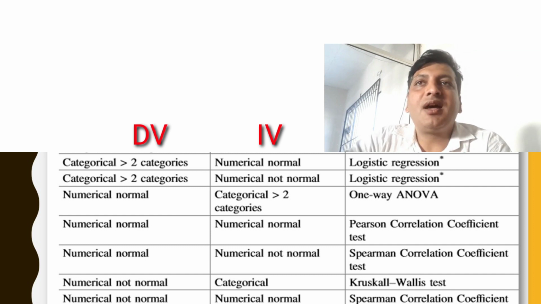If the categories are more than two and your dependent variable and independent variable are given in this form, you can go for the logistic regression. If data was found normal, or if data was found not normal, then again you can go for the logistic regression. But while writing the results, you have to give the results in the form of mean